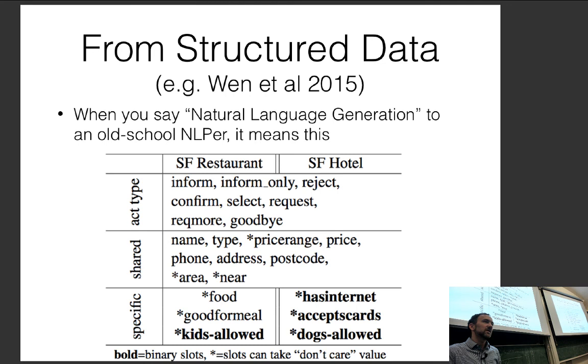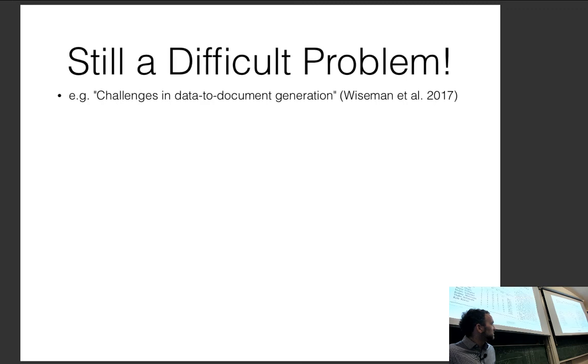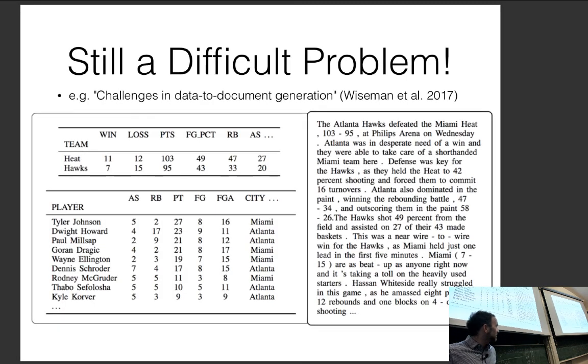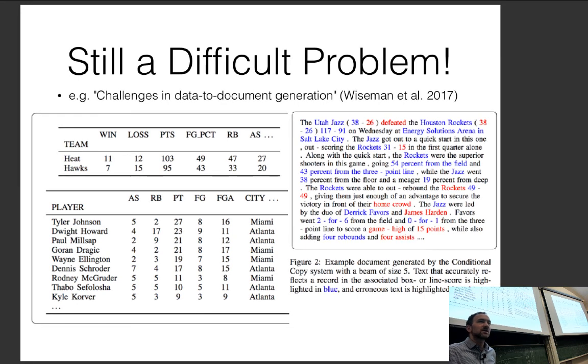Some other examples of this are generating summaries of basketball games from just the box score of the game, and generating Wikipedia articles from information about the entity included in the article. So there's lots of examples of this. This is an example from the box score task. This is the box score, and this is the actual natural article. This is what a regular sequence model does, and it basically invents a whole bunch of facts about the game